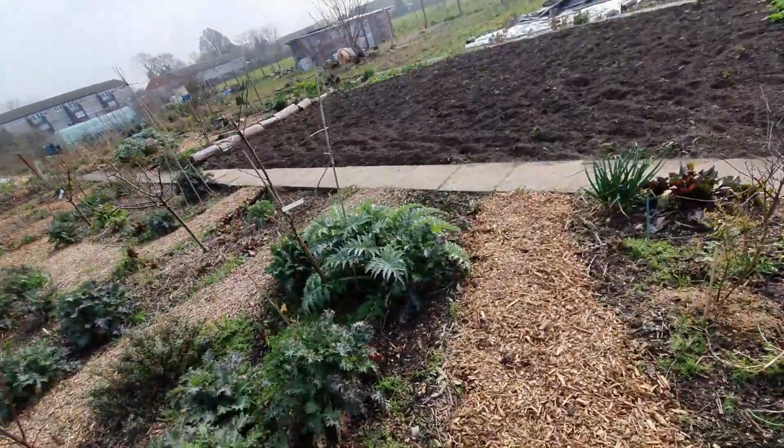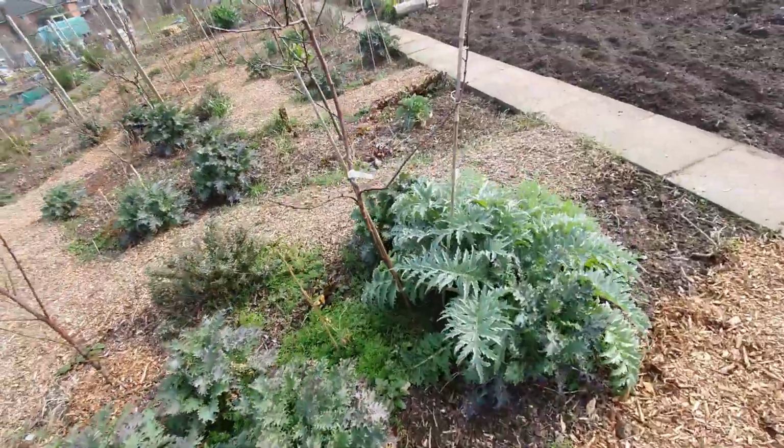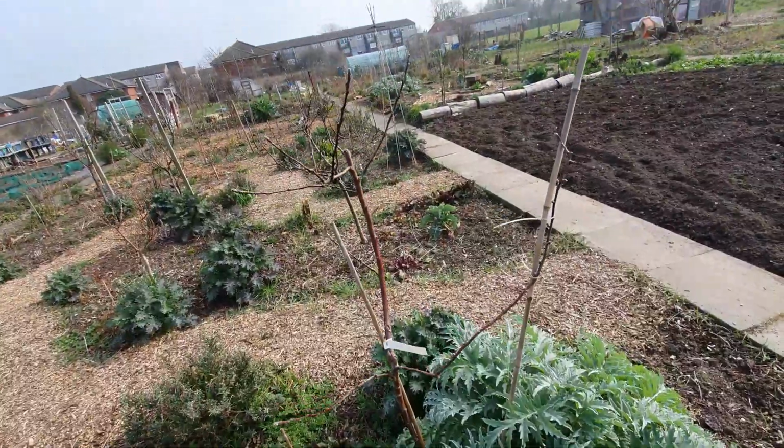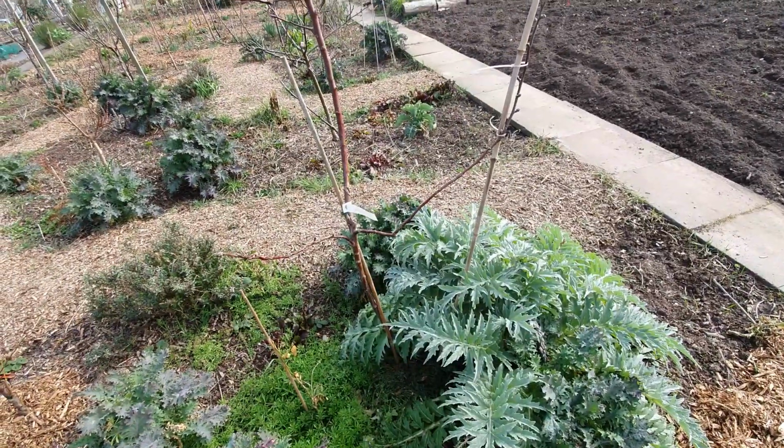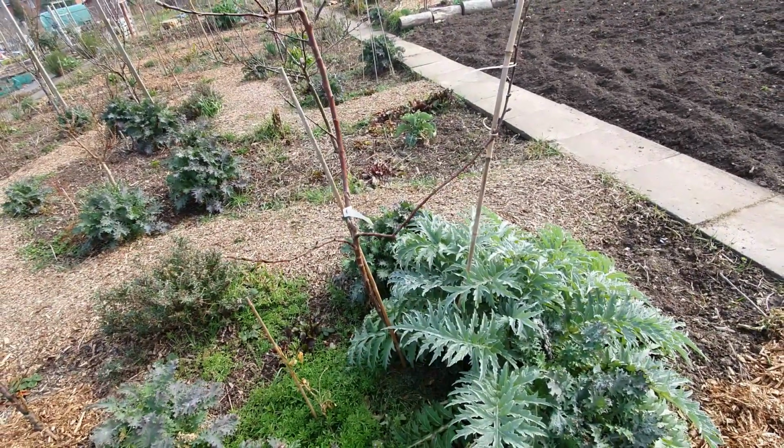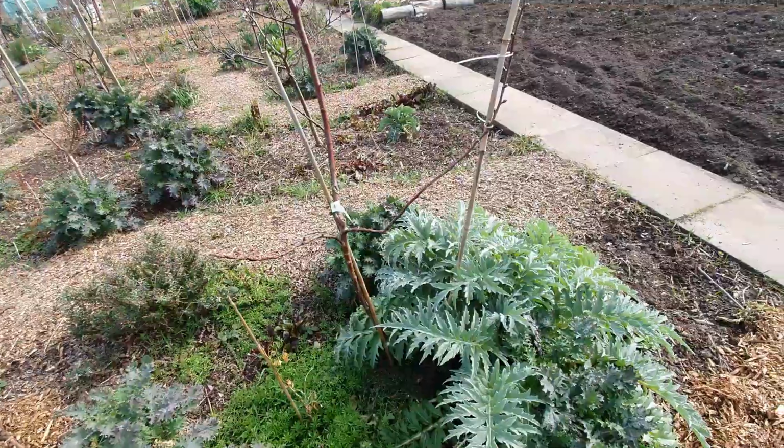Then you've got red love apple tree. Again, shape wise it's not brilliant at the moment, but when a plant arrives to you, you have to deal with the branches that it came with. Now this had a